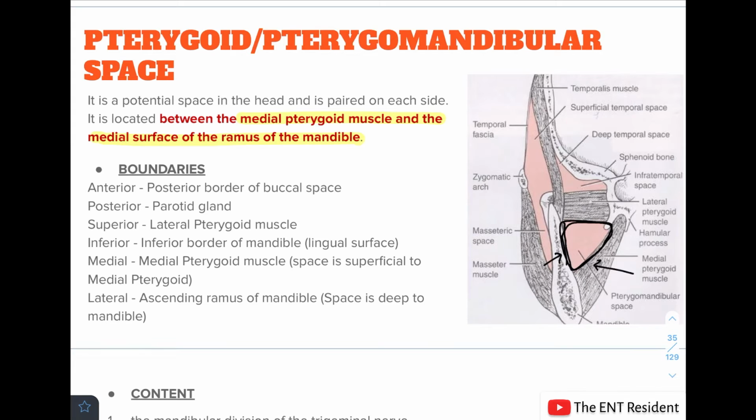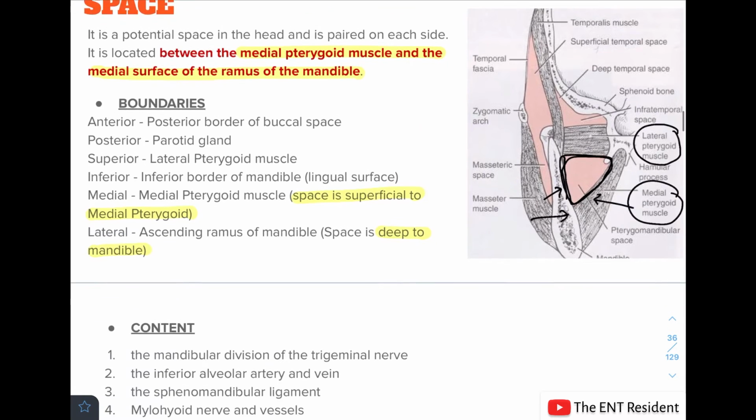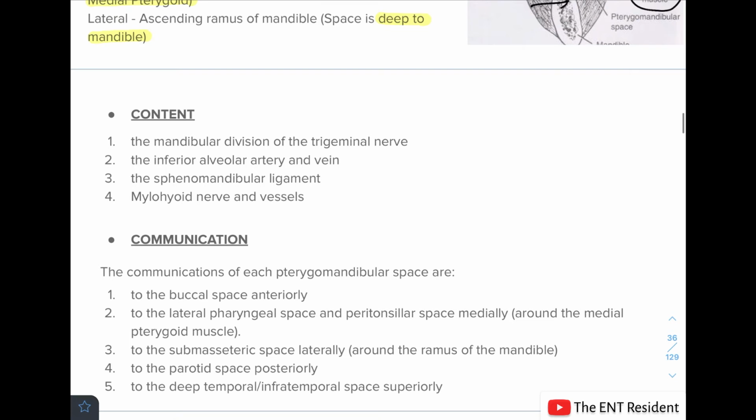The boundaries of this space are: anteriorly lies the posterior border of the buccal space, posteriorly lies the parotid gland, superiorly lies the lateral pterygoid muscle. You can see over here, this is the lateral pterygoid muscle. Inferiorly lies the inferior border of the mandible, medially lies the medial pterygoid muscle, and laterally lies the ascending ramus of the mandible. So essentially this space is superficial to the medial pterygoid and deep to the mandible, and it contains the mandibular division of the trigeminal nerve, the inferior alveolar artery and the vein, sphenomandibular ligament, and mylohyoid nerve